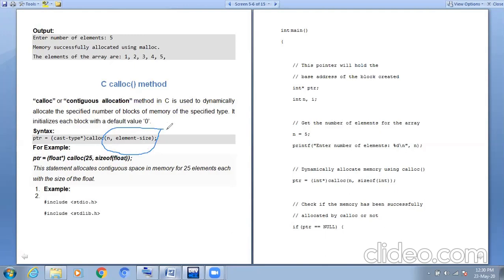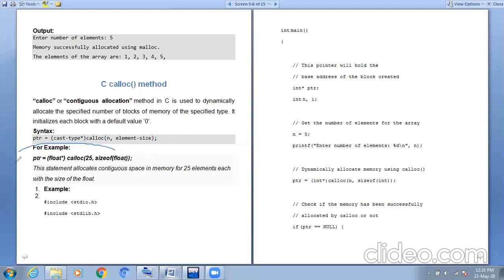Means the default value of each block is 0. In case of malloc it is garbage, but in case of calloc it is 0. So this is the basic difference between malloc and calloc. Whenever you want your memory to be initialized by 0, you need to use the calloc function.